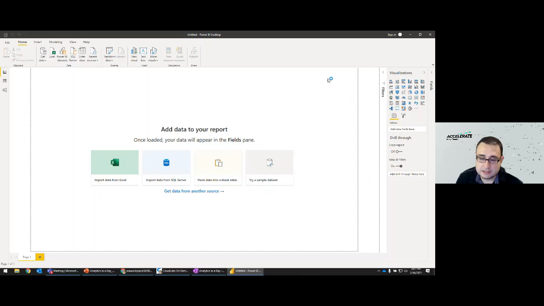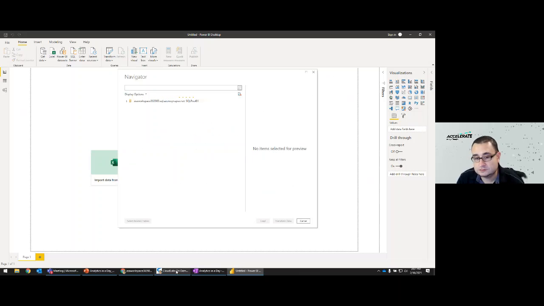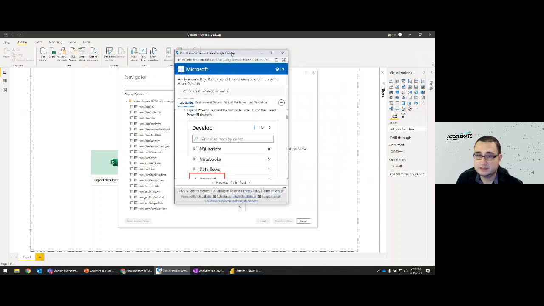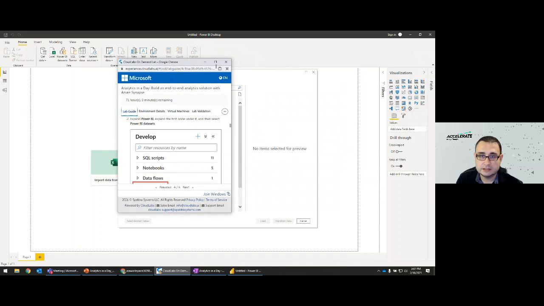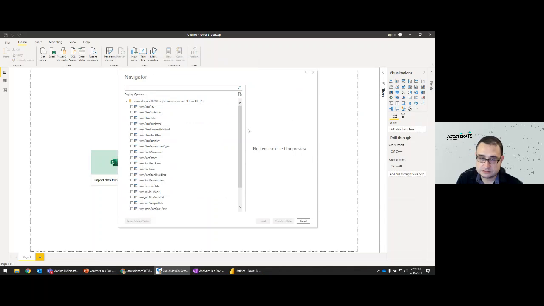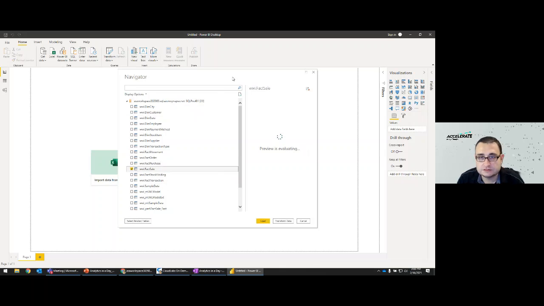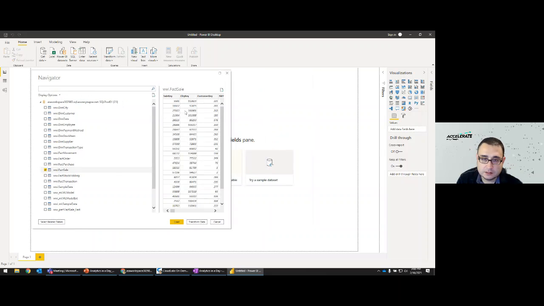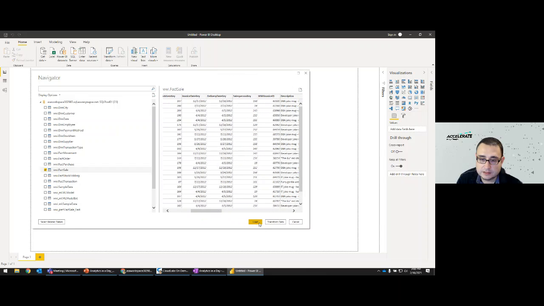screen. If it does, the easiest way, you have to go to your lab environment, again, the section up here, and log in with your credentials with Power BI and authenticate with Power BI and your Synapse Analytics environment with your credentials. Once you do that, we're going to select a table called the Worldwide Importers Fact Sale. So we're just going to click on that table, and we should see a preview of that table here. We can expand if you want to see a little bit more, and then we're going to click load.